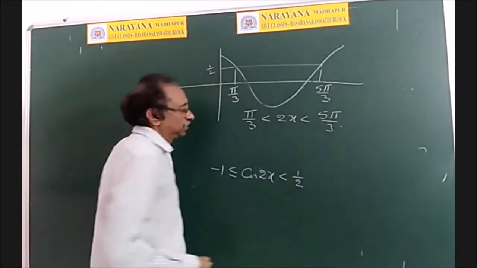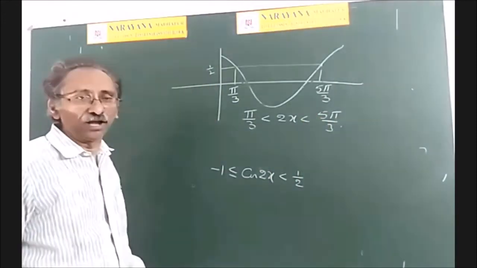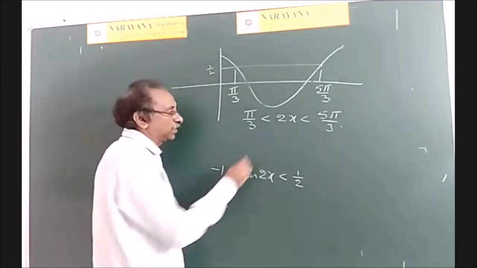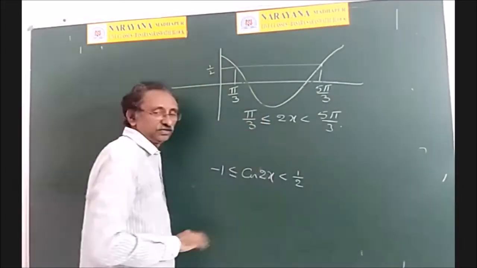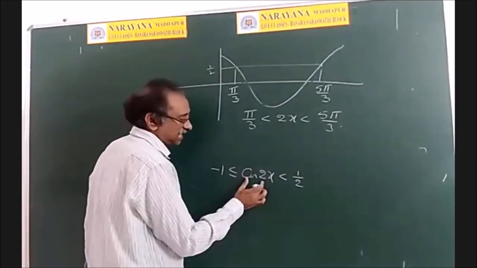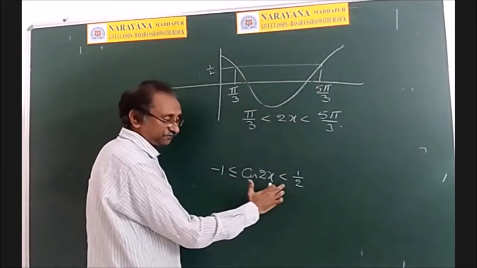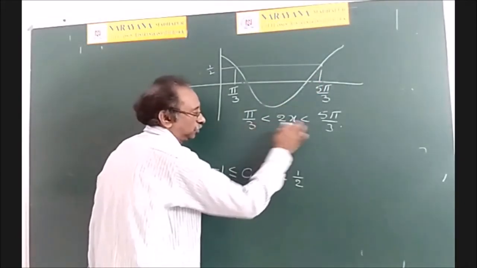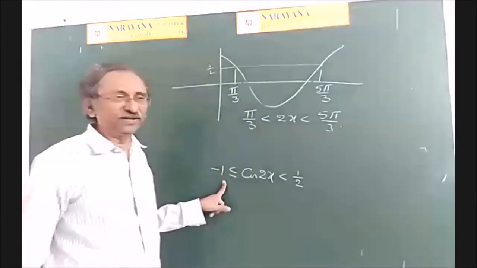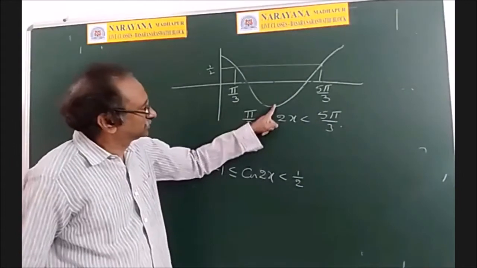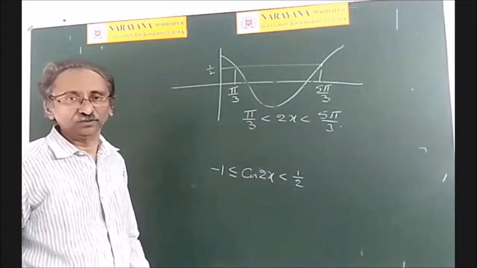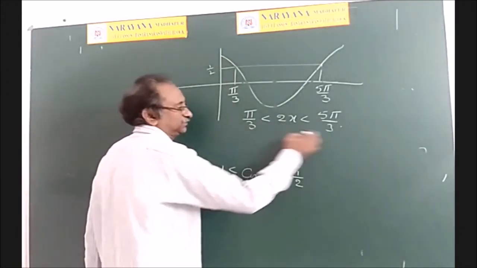Observe carefully whether equality should be there or not. By mistake we think that since the left-hand side has an inequality, we have to put a strict inequality. No, not like that. Because at these two values cos 2x is half, and at half there is equality, therefore we should write equality. Also, between those two numbers there is the number pi, for which we get -1. So 2x should lie between these two.